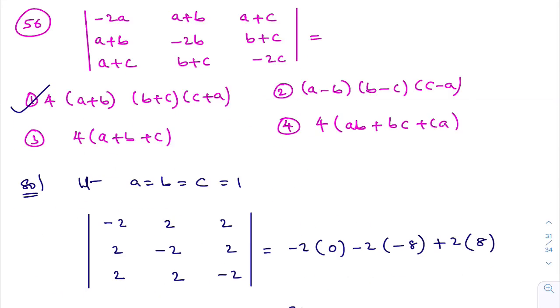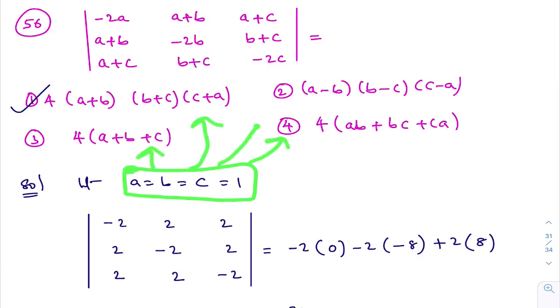Now, you see this question number 56. Minus 2a, we need to find the value of this determinant. This also I am doing with the verification method. You see here, I have taken a value 1, b value 1, c value 1. I have not taken a minus 1, b 1, c 1. It is your choice. If you want, you can take a 0, b 1, c minus 1. But what is my intention while choosing these values? When I substitute these things in the options, all options must give different values. That is the basic idea, right?